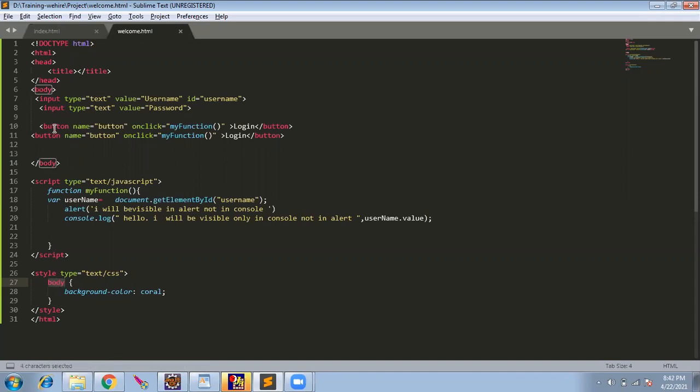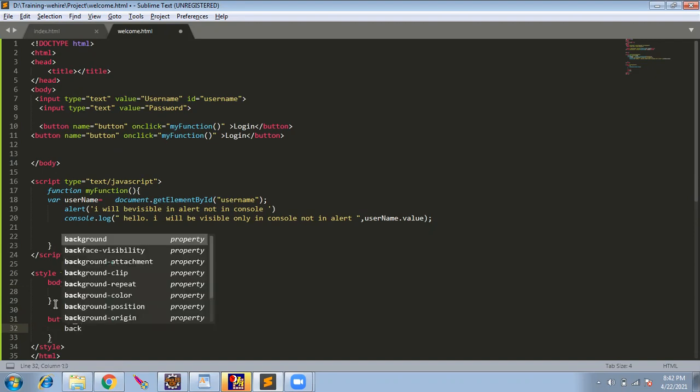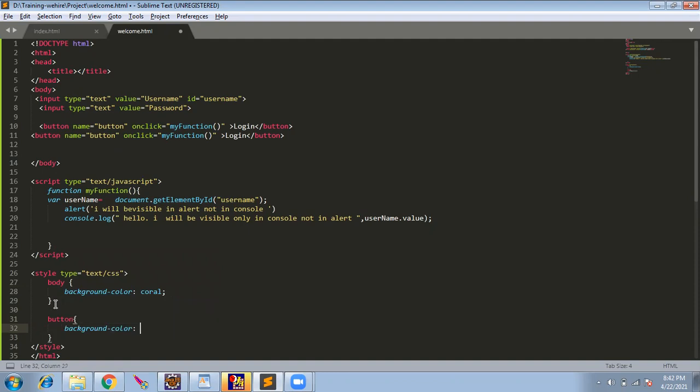Now let's do one more thing. Button we have, right? To the button, I want to apply a color. I'll give button because button is the tag name. I can give the tag name and I'll give background. Sublime will give you auto suggestion. Background color red, I'll give.